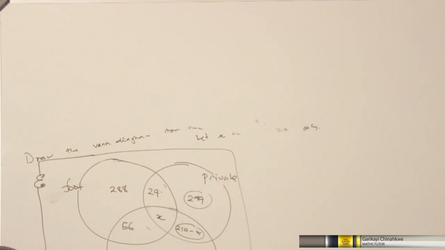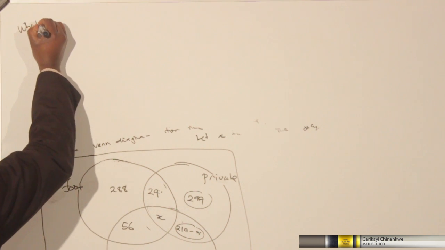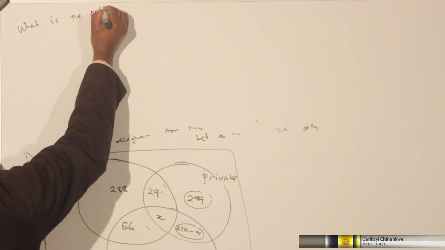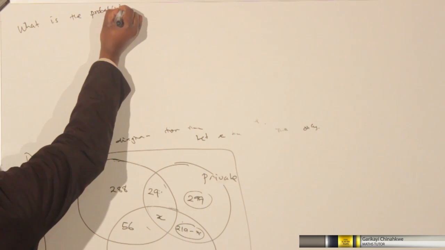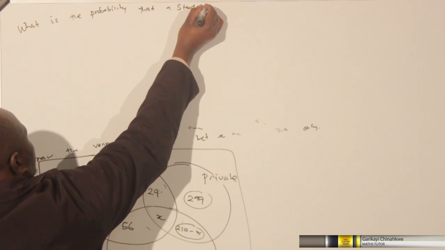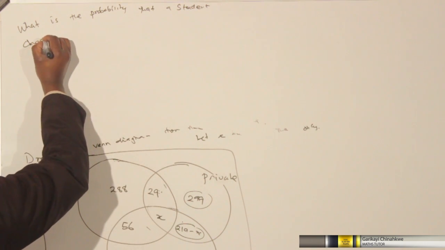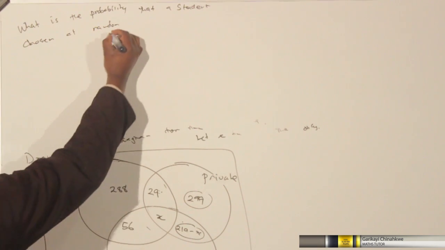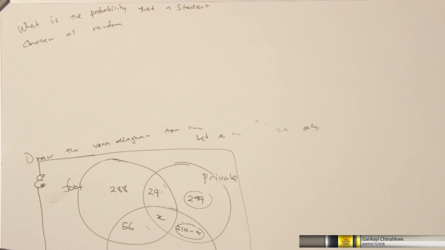They say, determine what is the probability that a student chosen at random came to school by